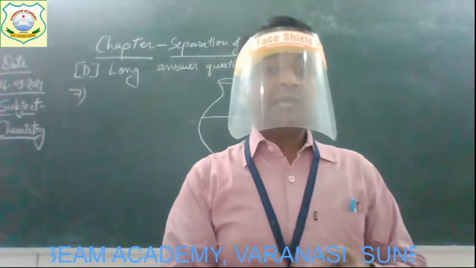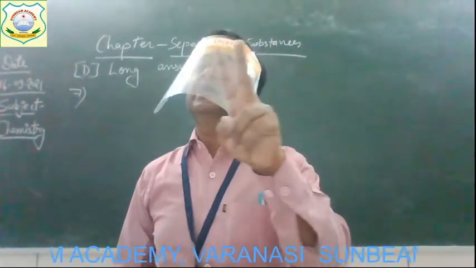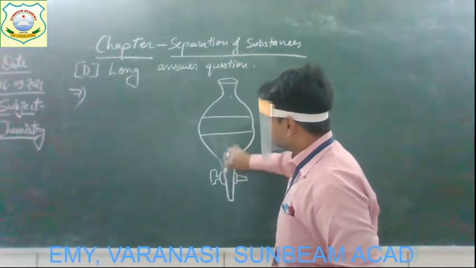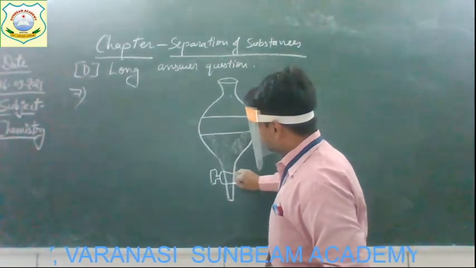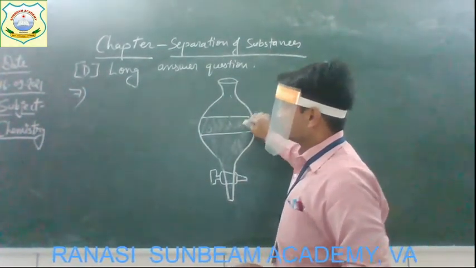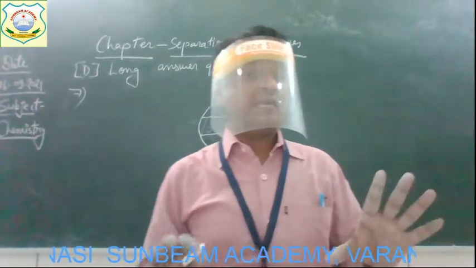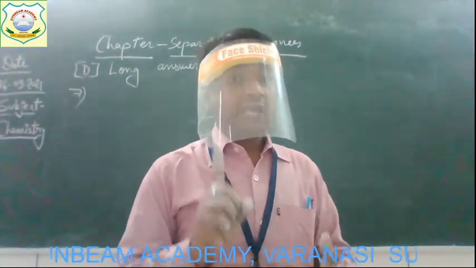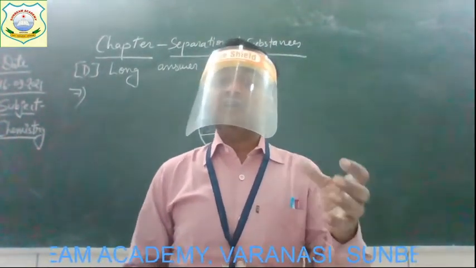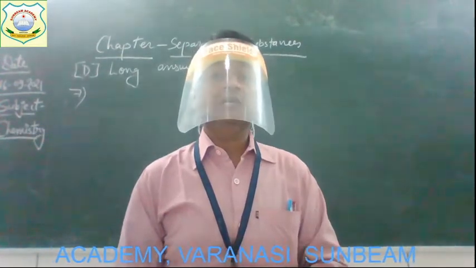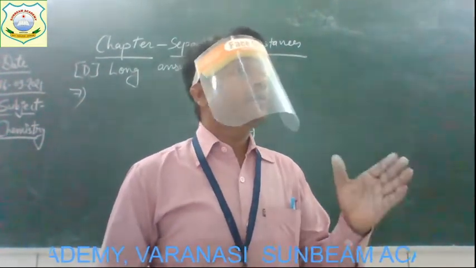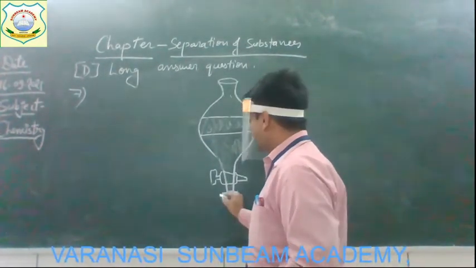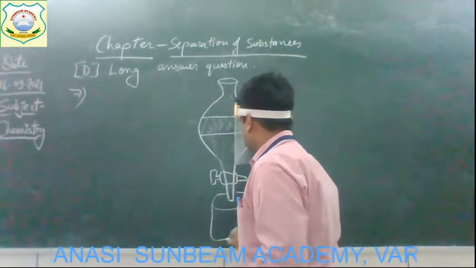The second step is that you can clearly see two layers after some time. One layer is this one, and one layer is this one. Two layers are seen very clearly. Now, what will you do? Third step, carefully turn the stopper of the funnel and allow the water to flow out into a beaker placed below the funnel. What do you have to place below this funnel? Yes, you have to place a beaker.